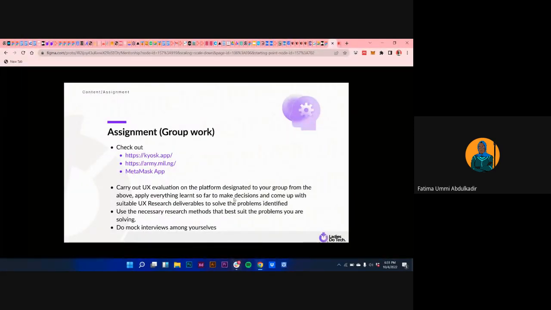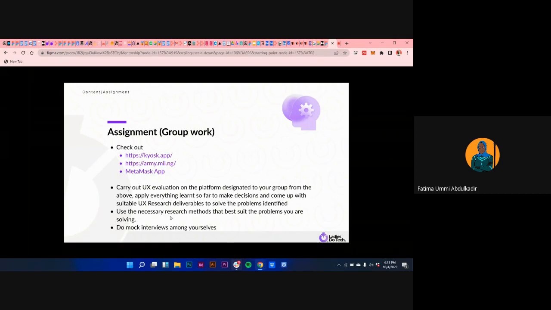This decision entails what kind of research method you want to employ to solve the problem you identified on the platform, and the UX design deliverable that will help you actually design beautiful interfaces. I think I've explained the research method that best suits the problem you're solving.